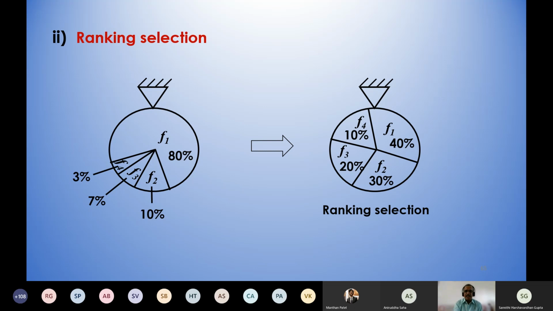So if I use ranking selection to determine the mating pool, what is the probability that the first string will be selected? It is 0.4, but not 0.8. That means 0.4 multiplied by 4, that is 1.6. So probabilistically, either 1 or 2 strings will be copied from the initial population in the mating pool according to the ranking selection. That means out of 4, either 1 or 2 will be copied from the first string, and I have the remaining either 3 or 2 places where the other strings are going to enter.